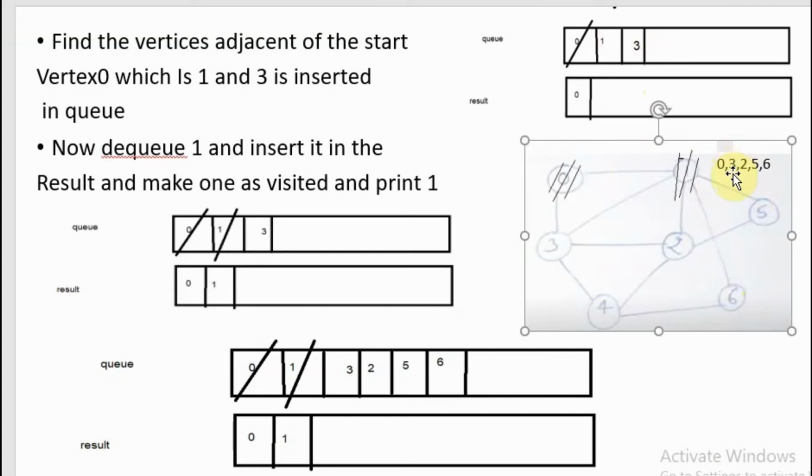Next, consider 3. It has already been inserted into the queue, so no need of taking it again. You can insert only 2, 5 and 6, which are not in the queue and not printed. So after 3 you will insert 2, 5 and 6.